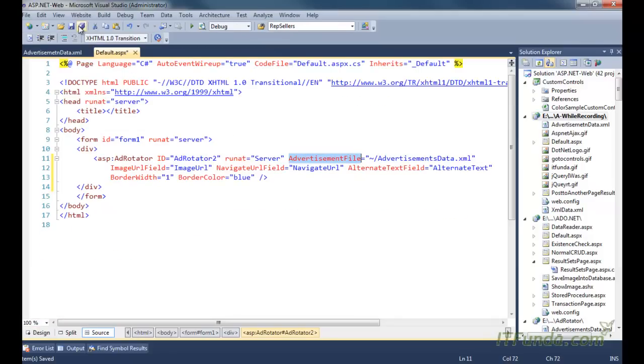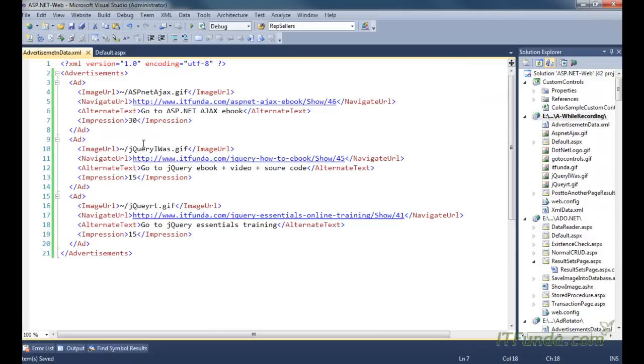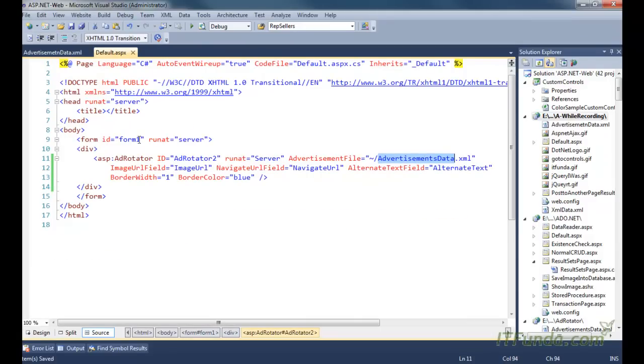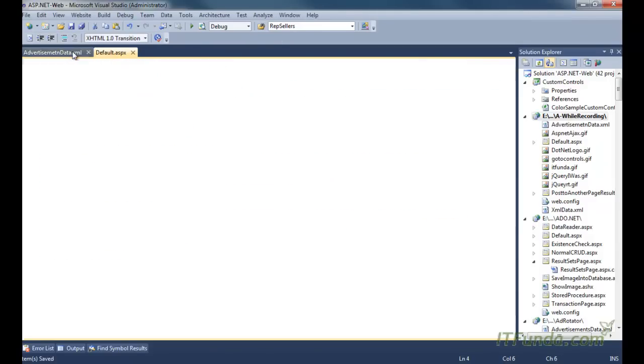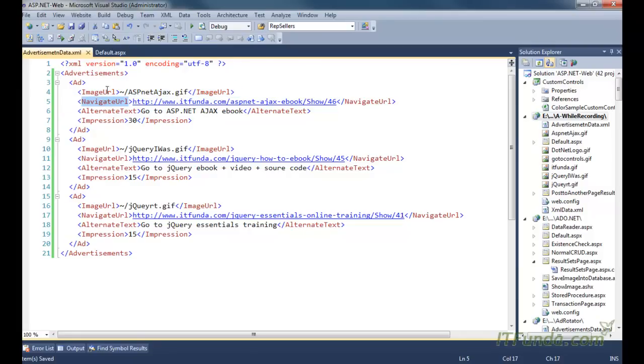Now another thing we need to do is specify the ImageUrlField. So in this case the ImageUrlField in this AdvertisementData.xml file is ImageUrl. Then the NavigateUrlField is NavigateUrl, so you can write NavigateUrl.